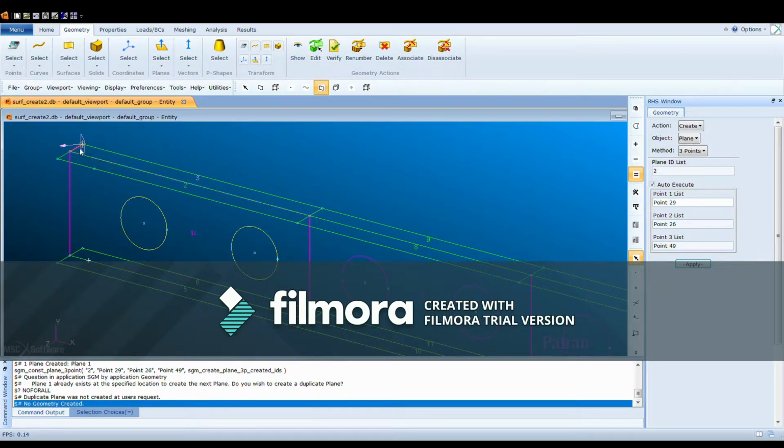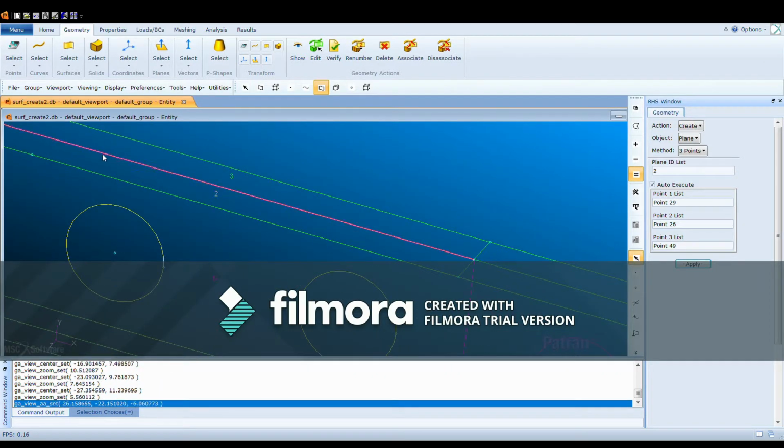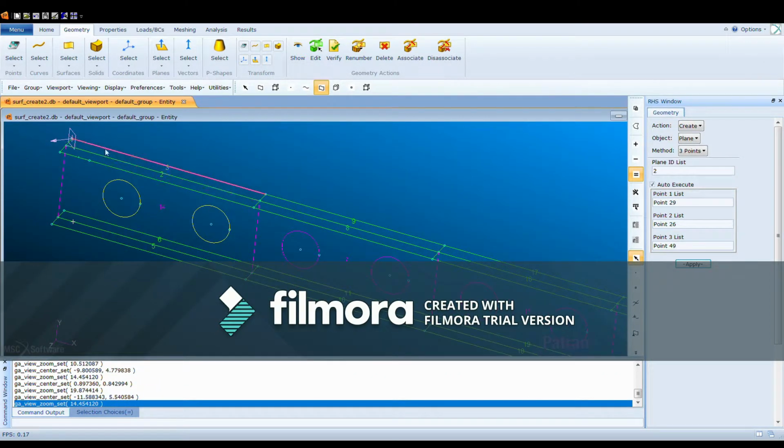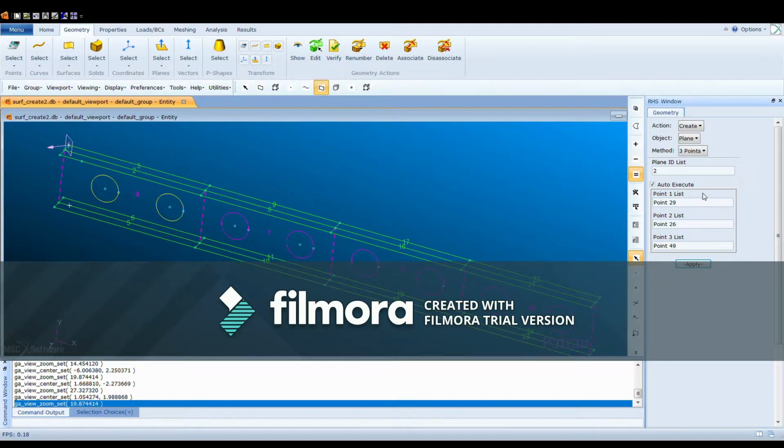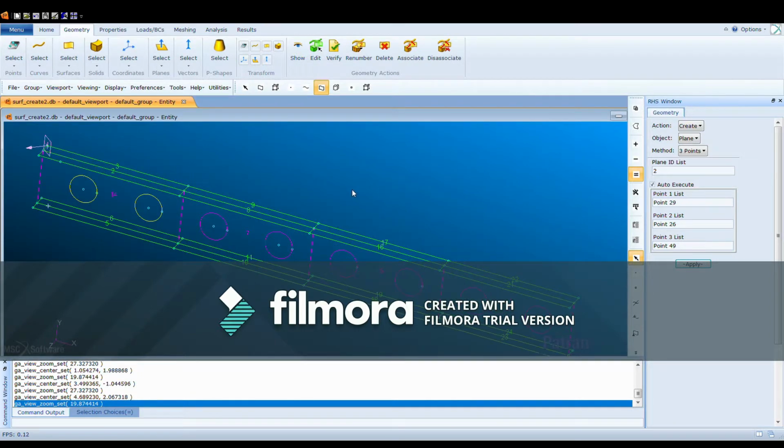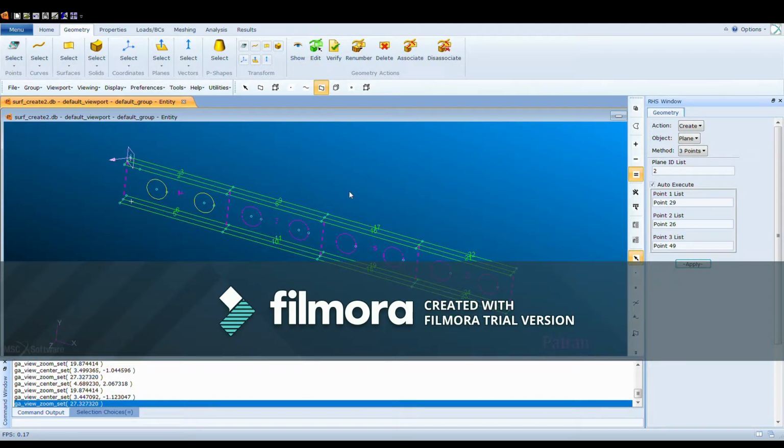As you can see, our point's already created, our plane's already created, and we can see it right here as it is expressed by our patran. Up next, we're going to start with the surfaces at the left end. So what we want out of this is